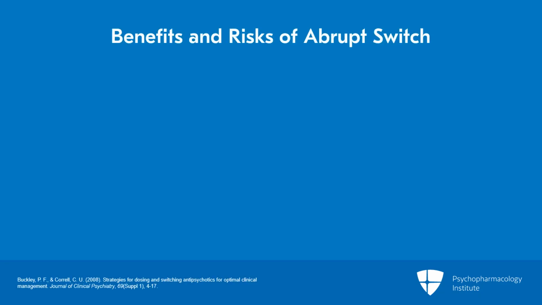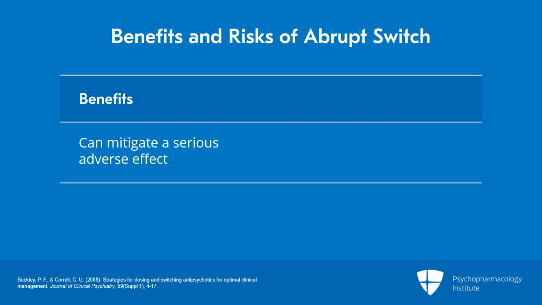This method can be good in terms of trying to mitigate potential serious adverse effects. An example being a patient we're concerned about the possibility of agranulocytosis with clozapine. We would simply immediately discontinue that medication. However, as you can imagine, it carries a higher risk of withdrawal symptoms if we just abruptly stop the pre-switch antipsychotic. But this is a very common, straightforward approach to switching. Stop one, start the other.